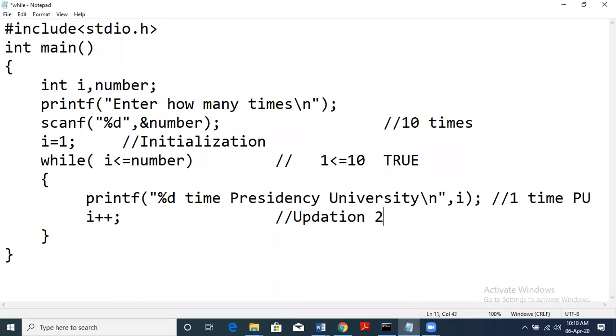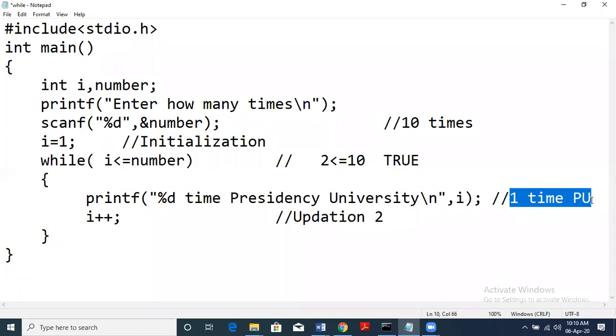So now again, once we print Presidency University, we go back to this loop. Now i is 2. We check, is 2 less than or equal to 10? So 2 is less than 10, so the condition is true. Now it has already printed one time Presidency University. So that was one output.